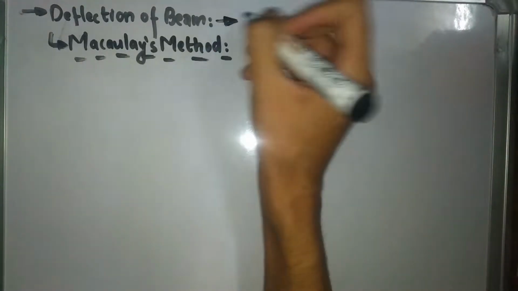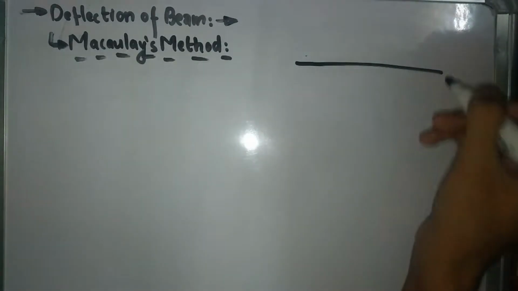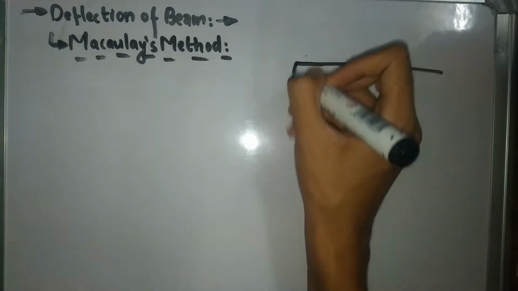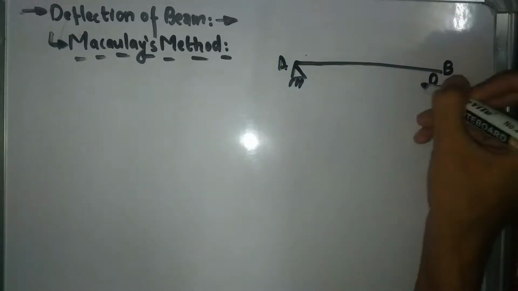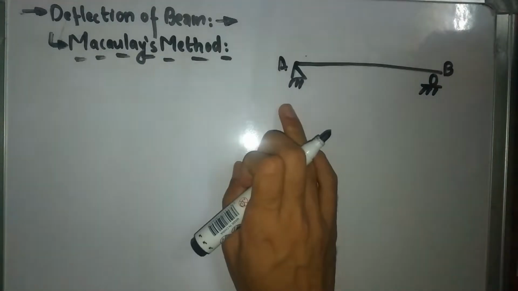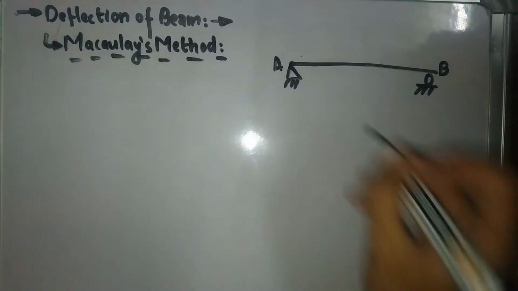So our main aim is going to be calculating our deflection of beam. We're going to explain this using our example. So let's say we have a beam over here, and this is a simply supported beam. We have a hinge support at A, and we have a roller support at B, and we have our load,